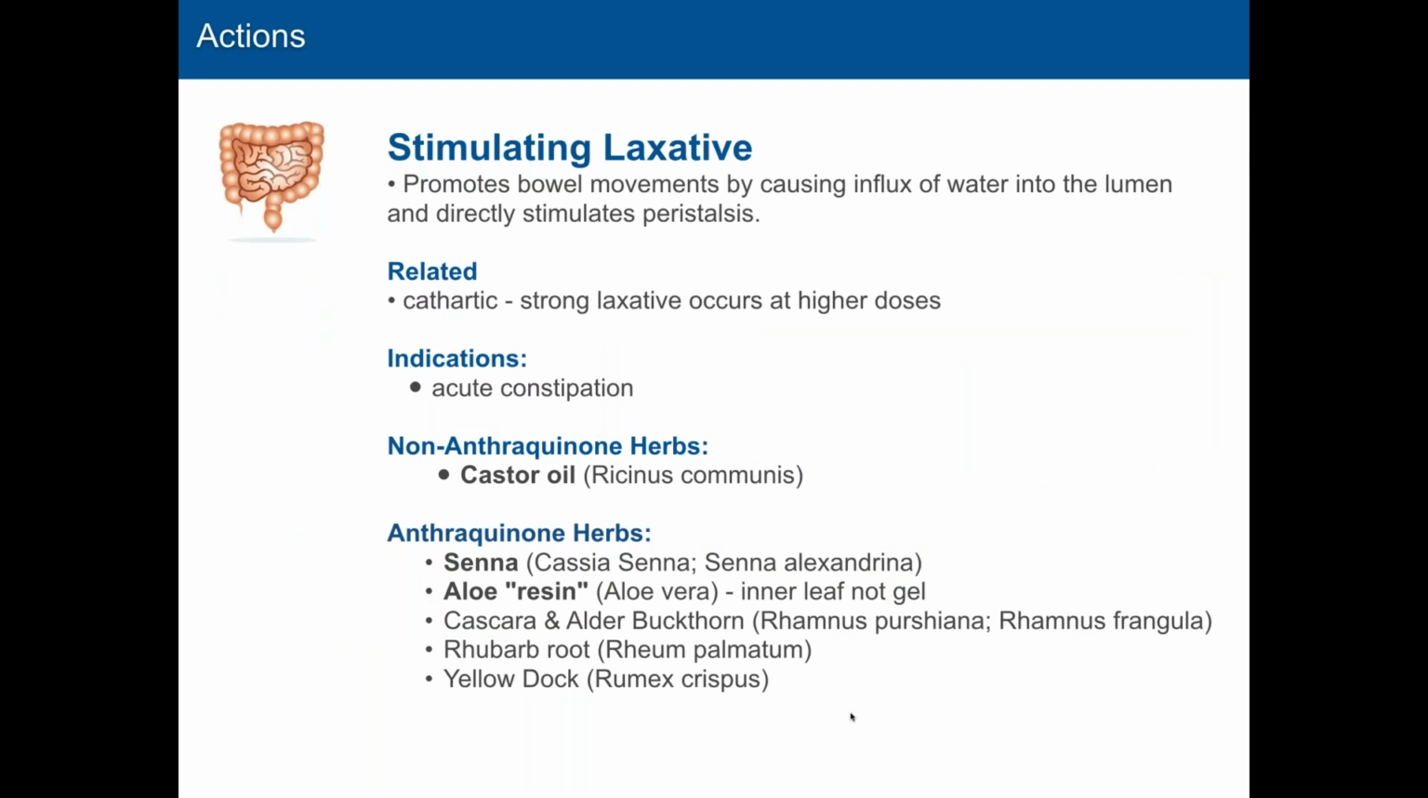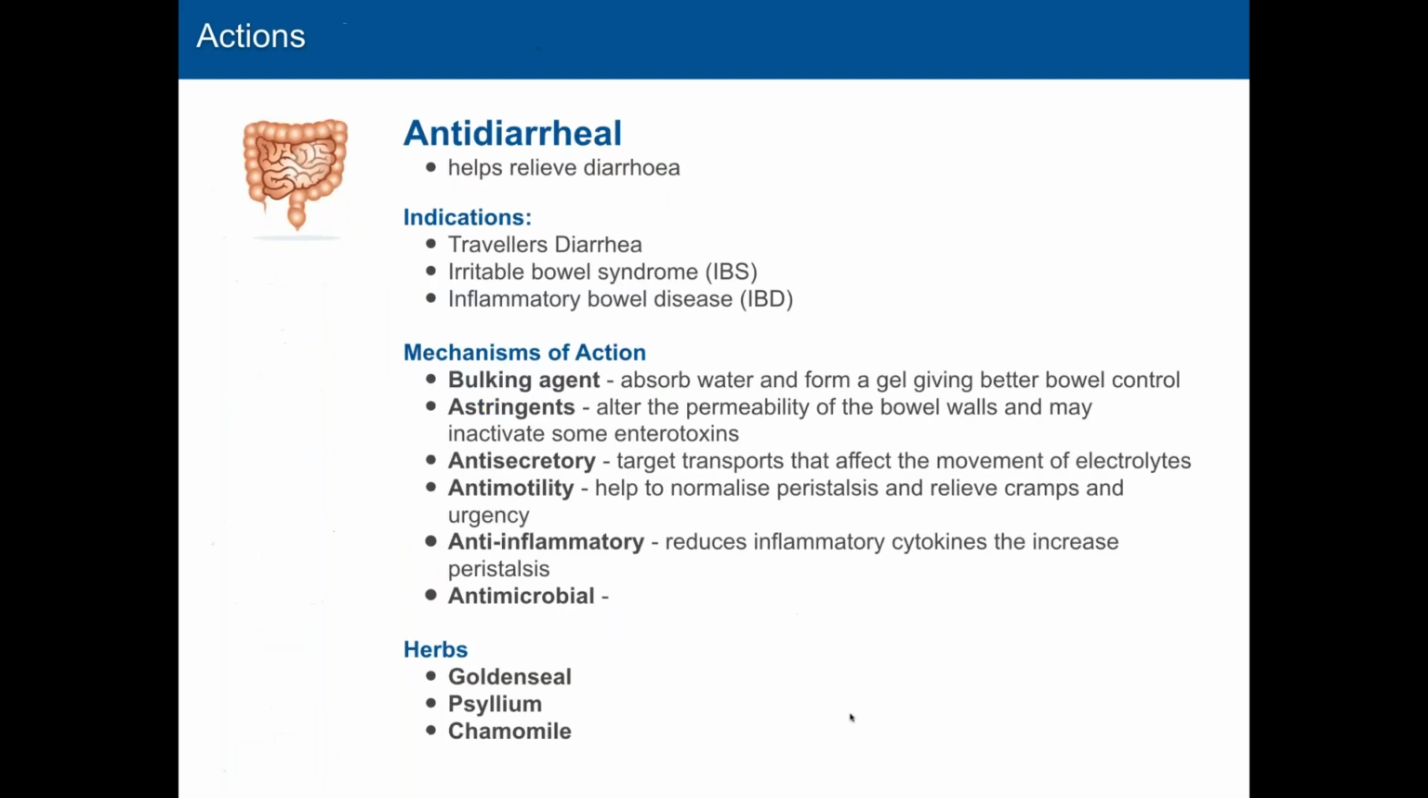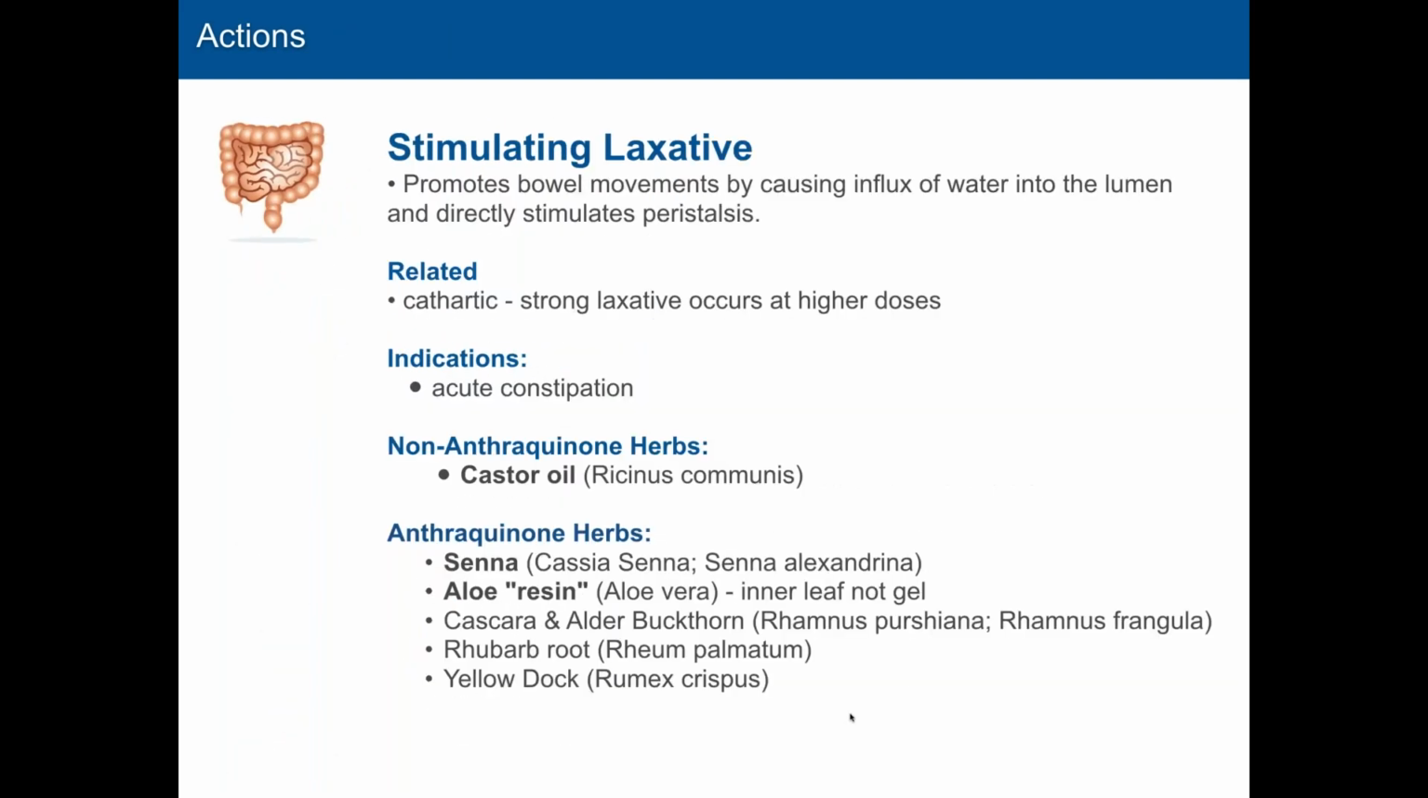Senna is probably one of the oldest and best-known stimulating laxatives that can be found in any drugstore. Senna and other forms like it are used primarily for acute constipation. You don't want to use these for chronic constipation. The way that they work,